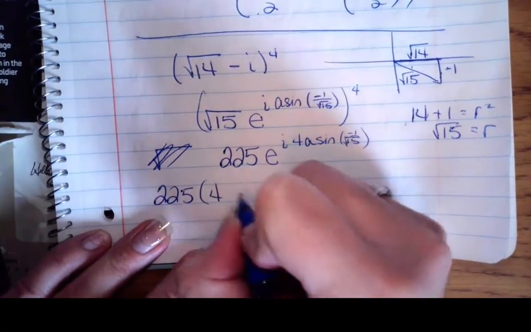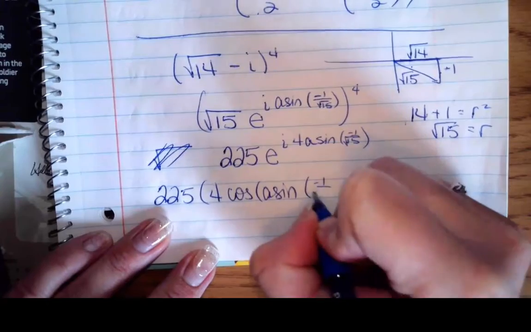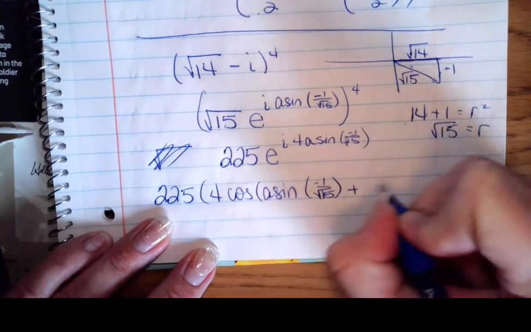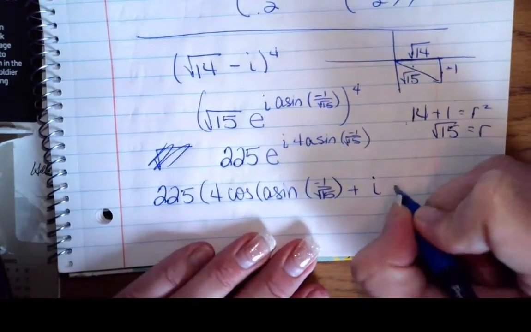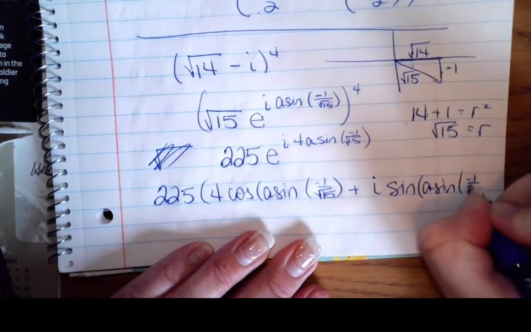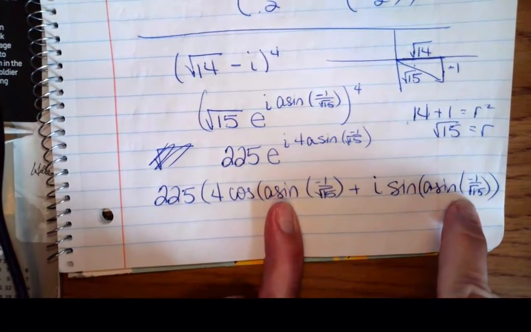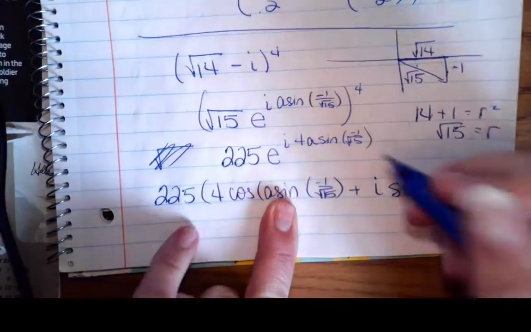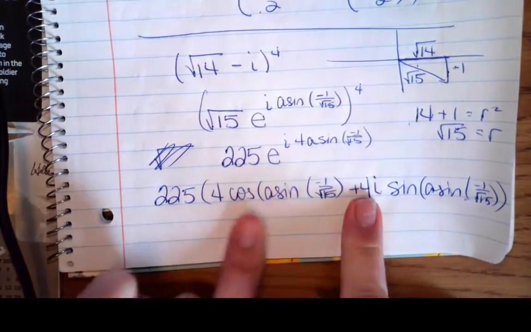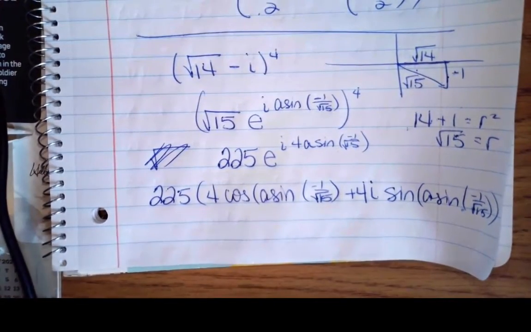Okay, so 4 times the cosine of the arc sine of -1 over root 15 plus I times the sine of the arc sine of -1 over root 15. And then find those decimal approximations. Okay, and I forgot the 4. Here's a 4. All right, so find those decimal approximations, and then you can convert into